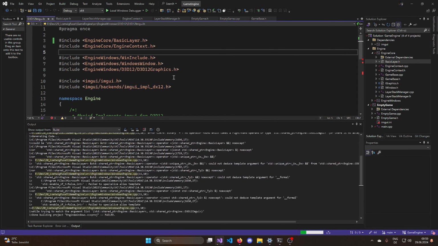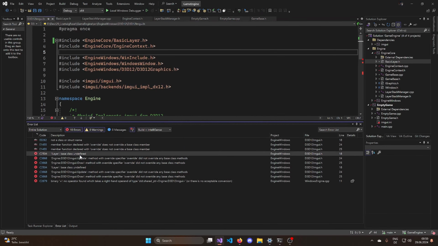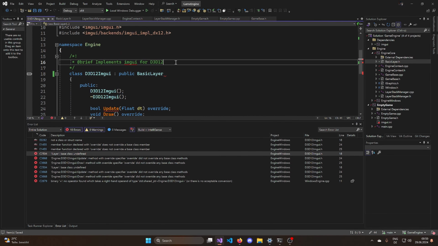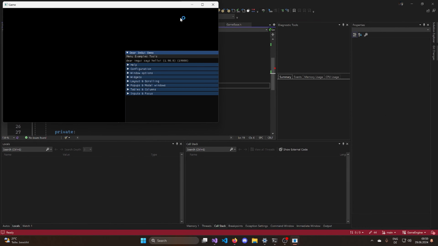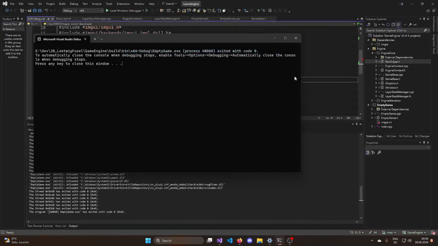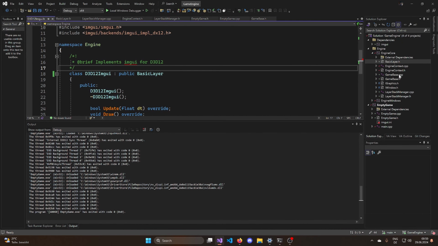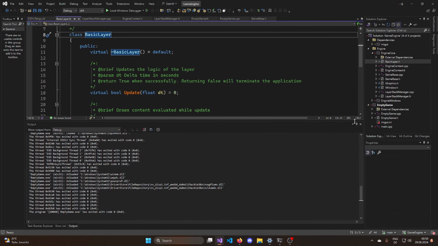Okay. Still a problem. Class undefined. It did not populate through everywhere. Interesting. Okay, there we go. Now it's called basic layer instead of iLayer, and because it's now a basic layer, I can now actually add